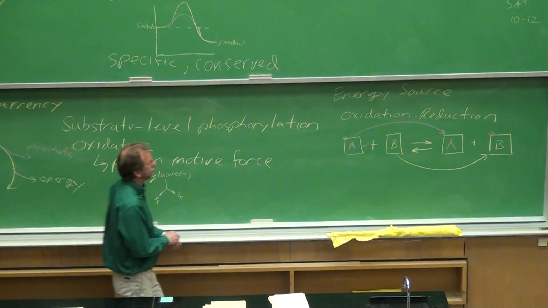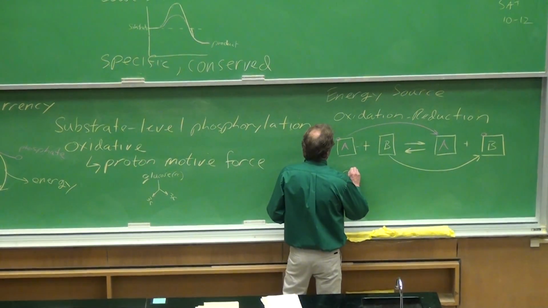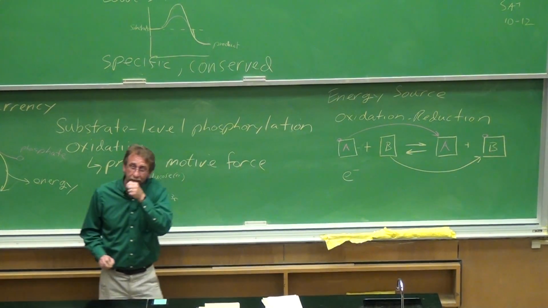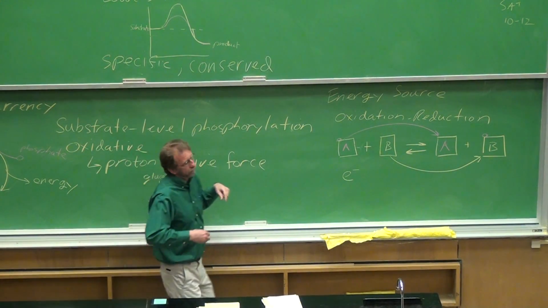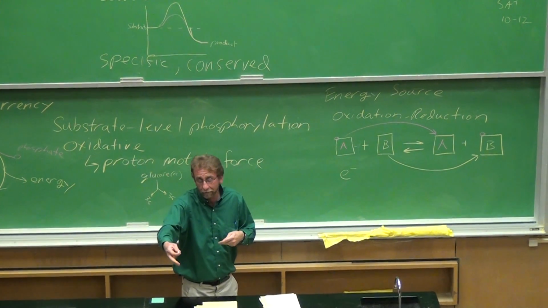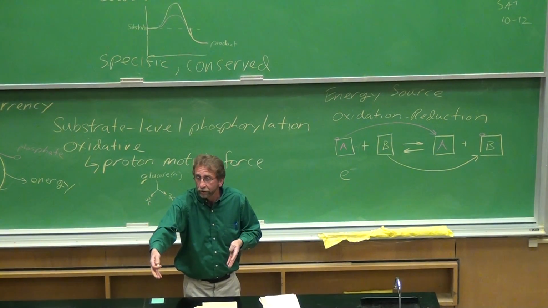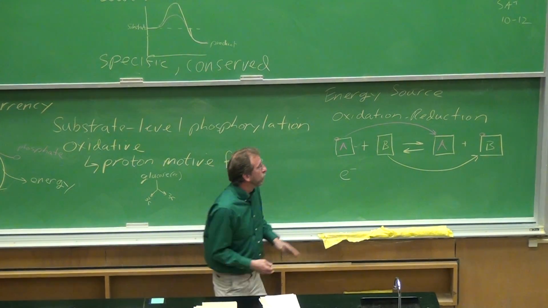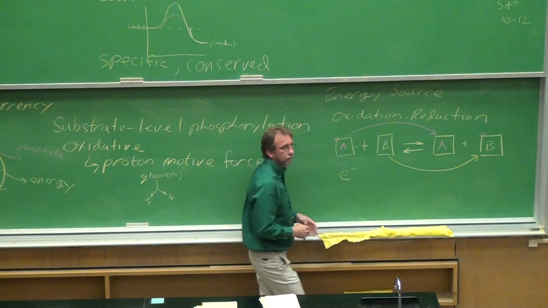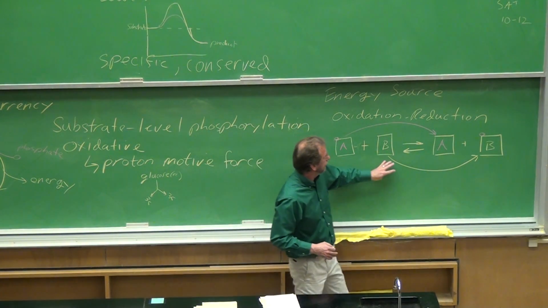What's the charge of an electron? It's negative, isn't it? Whenever you add a negative to something, what are you doing? You're reducing it. One of the ways to remember this concept here is that the electron,